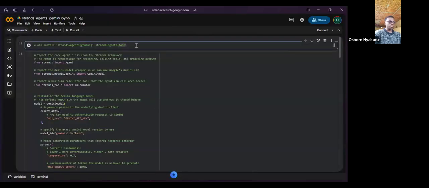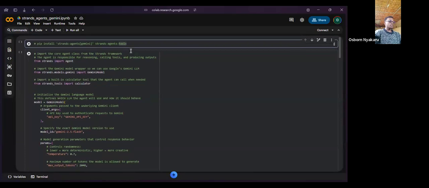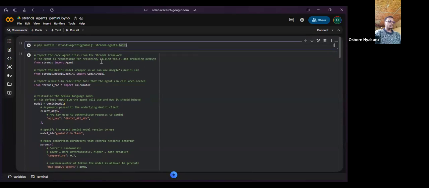This is what I did here. I ran this one, so I commented it out because it's already run. The next thing you're supposed to do is import the Agent tool, which allows reasoning and producing outputs from the Strands framework.